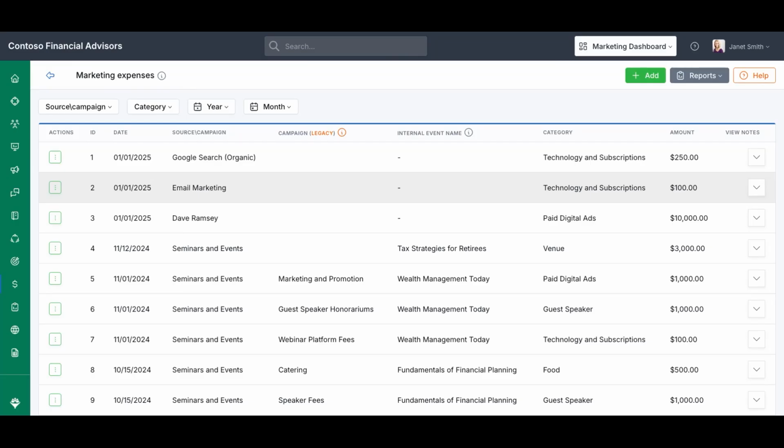on investment. To ensure accurate reporting, make sure you assign each expense to the correct campaign when entering it into the system. If the marketing expense is tied to a specific seminar or event, be sure to select that event when logging the spend. This ensures the cost is properly associated with the right campaign and included in the related